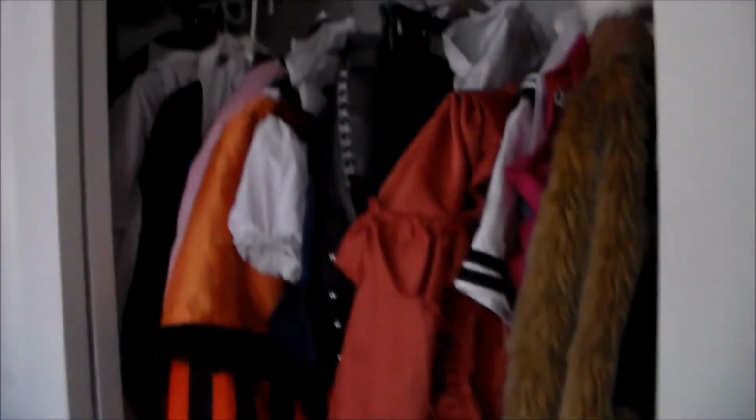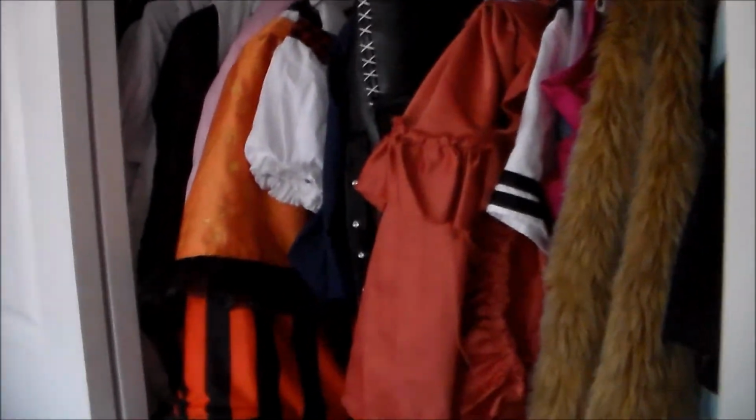And then we've got the ironing board. And around the corner, we have a closet for the first time. I'm really excited. So here is all the costumes hung up. So the longer costumes are further down. So for example, we have Rumi and Shadow Yukiko, and then some of the costumes that were shorter that don't take up as much space. So for example, Morrigan and then